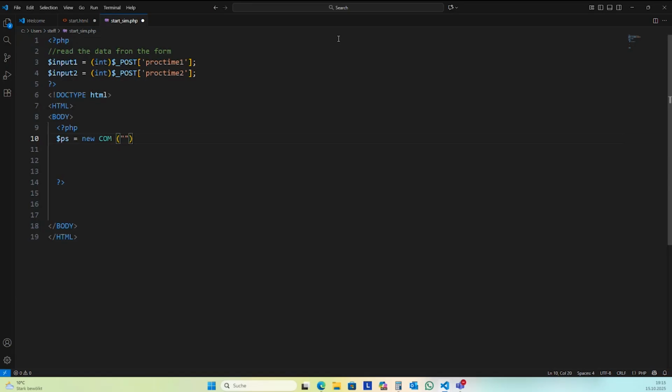In my case, I have some problems with my new license file, and so it's 22.0.1. The COM tag is here: Tecnomatix, PlantSimulation, RemoteControl, and then the main release number and the sub release number.